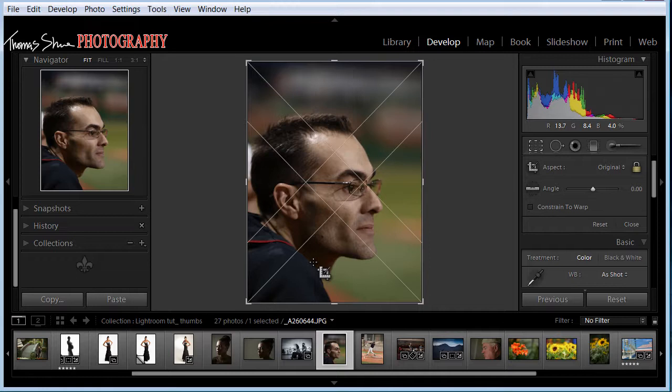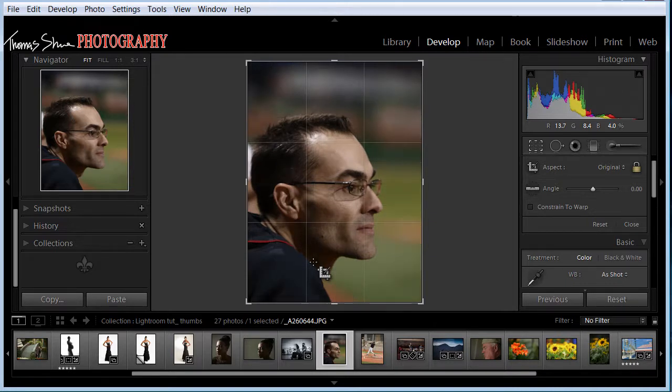And then there are different overlays that I don't use, like diagonal or triangles, or this one, which is like a golden ratio spiral. If you hit Shift O, that will change the orientation of the overlay. Okay, so that's the grid, and this is the one I use most of the time, which is the rule